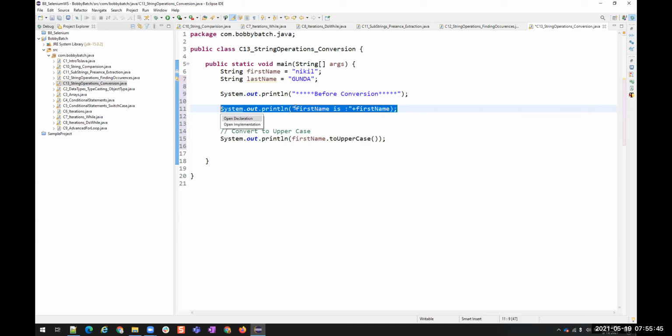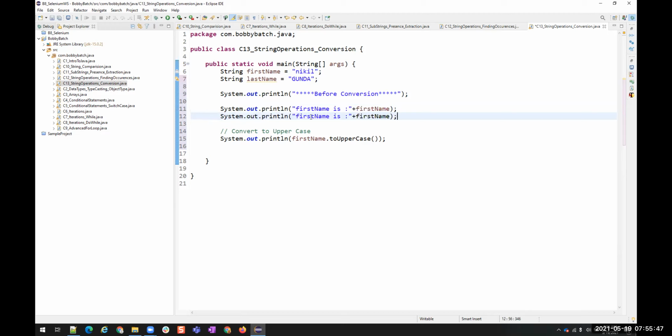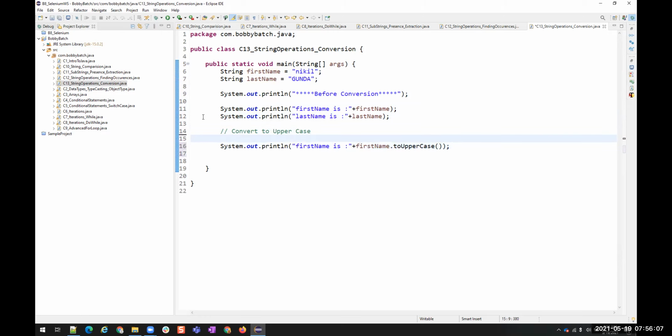Similarly, last name is plus last name. Now this is the first name. This is after conversion, right? So I'm going to use the same just to separate, so that you can see it neat and clear in your console.